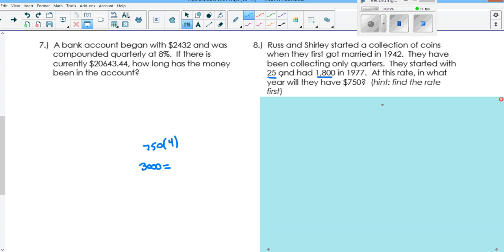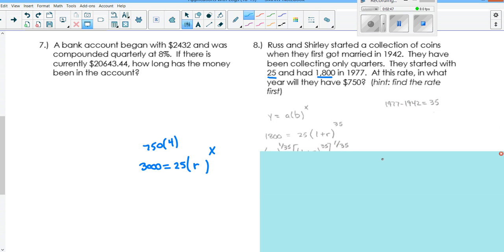and then we can use the 25 that we started with initially. And then this is where you get to here and you're like, well, I don't know what my rate is. And I want to also know in what year. So I have to make that X as well, but I don't know my rate, so it's too many unknowns. So what you can do is you can solve for your rate first, which is actually what you did in